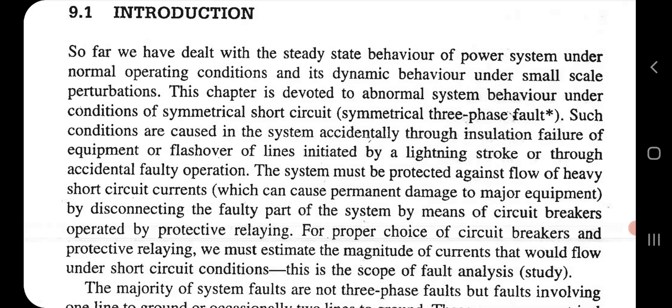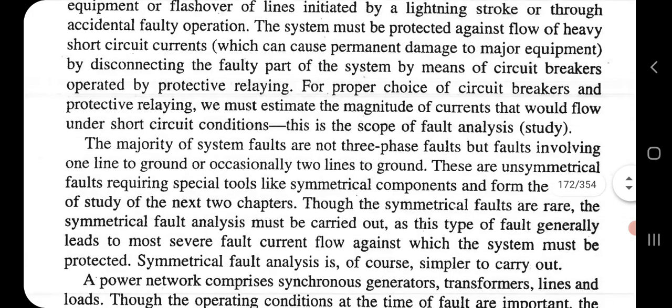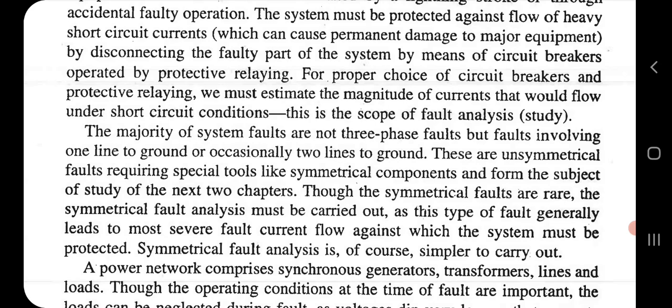So the circuit breaker is very important. If the circuit breaker never responds, then what happens? The equipment will be damaged. The equipment will break or catch fire. So to protect the electrical equipment, we use the circuit breaker. Relays and circuit breakers play a very important role. A circuit breaker has two current ratings: during the normal condition its current value is one thing, and when any fault occurs, the interrupting current value is different.